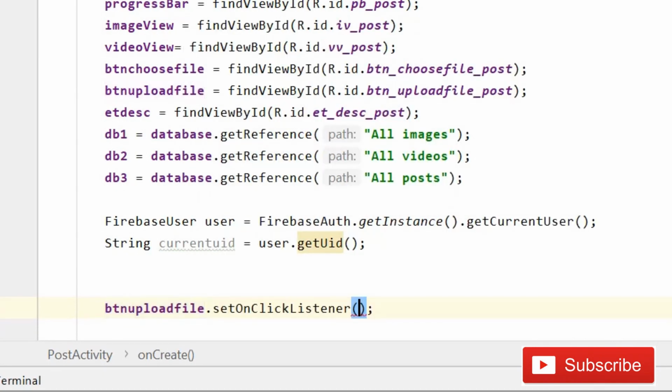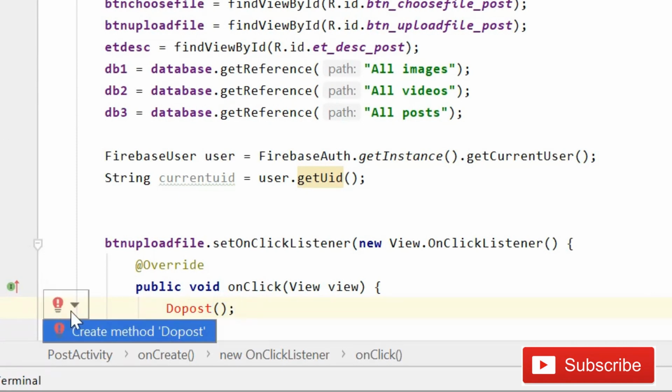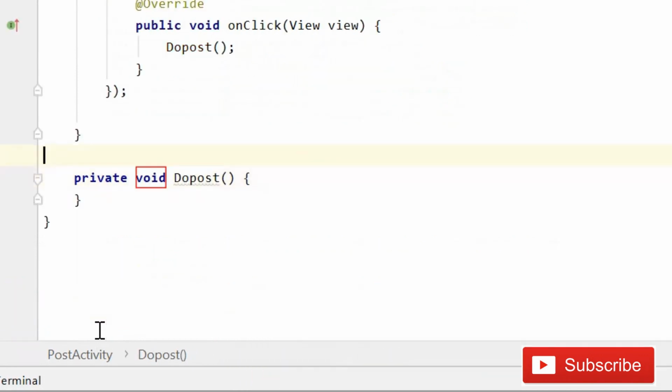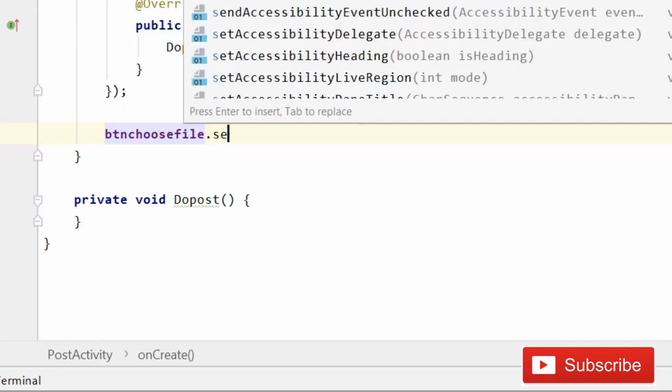So set on click listener, new on click listener. Now here we will create a method, doPost, understand? Then click on this red bulb, create method in PostActivity. Now it is created. Now after this we will create button number 2, chooseFile dot set on click listener,